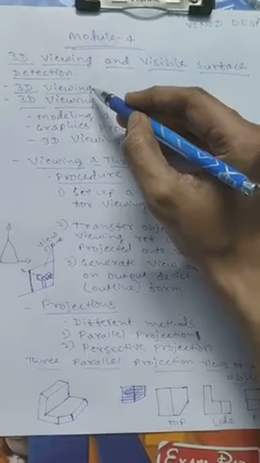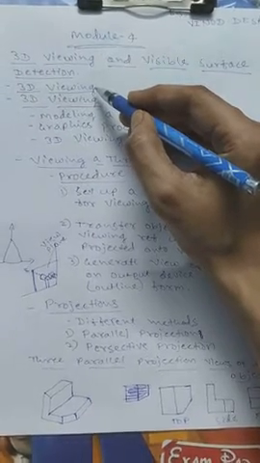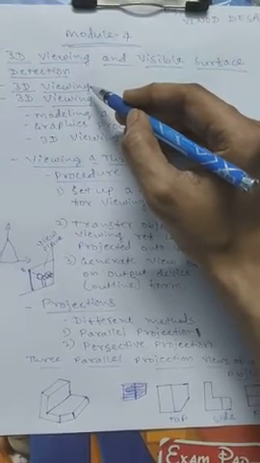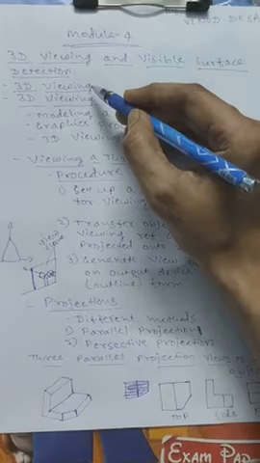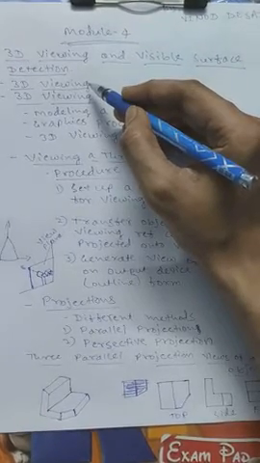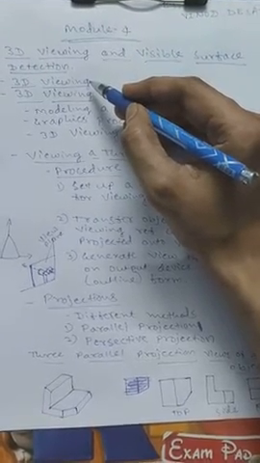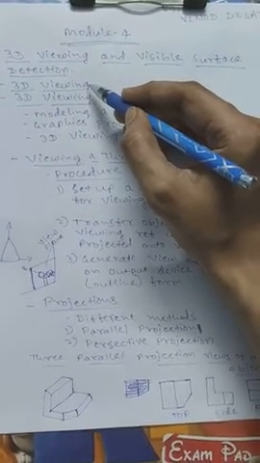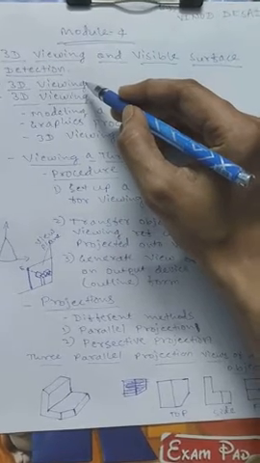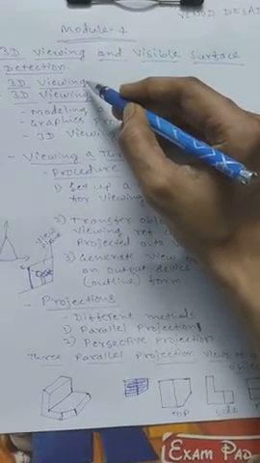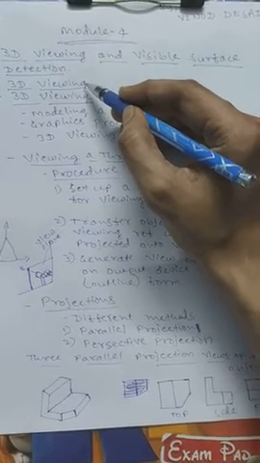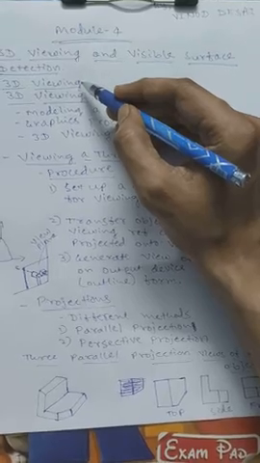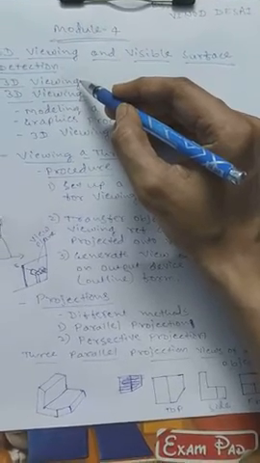And in a graphics package there are mainly a set of routines or functions which will specify the interior structure or the cross-sectional views of a solid object. Here the viewing functions will process the object description through a set of procedures, and ultimately they will project a specified view of the object onto the surface of a display device.